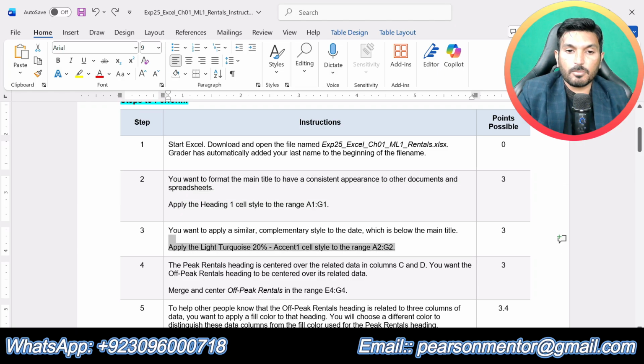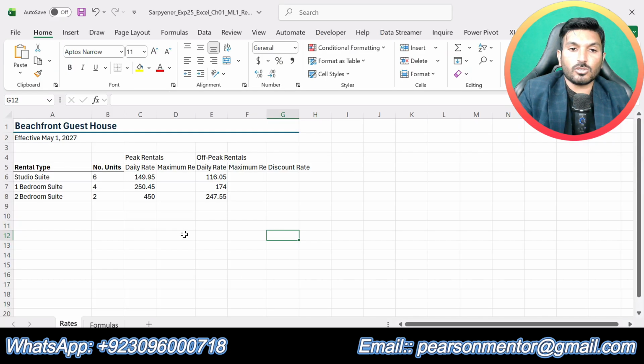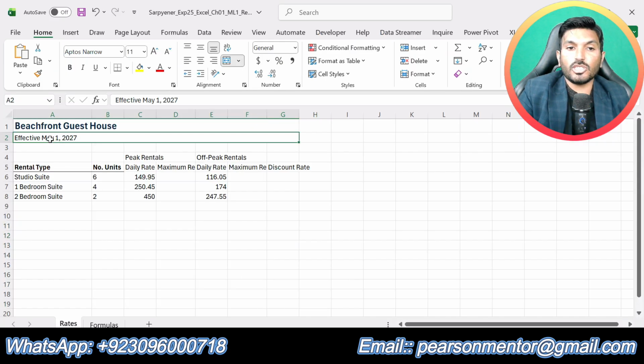Now let's do step number 3. You want to apply a similar complementary style to the date which is below the main title. Apply the Light Turquoise, 20% Accent 1 cell style to the range A2 up to G2. A2 up to G2 is this one.